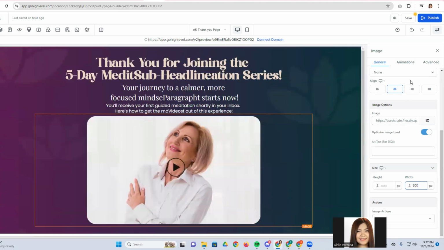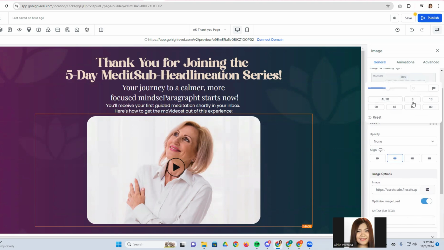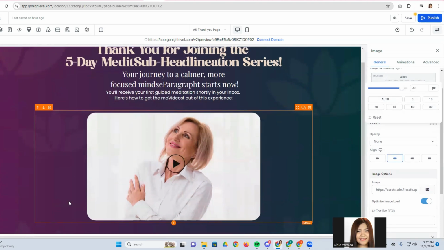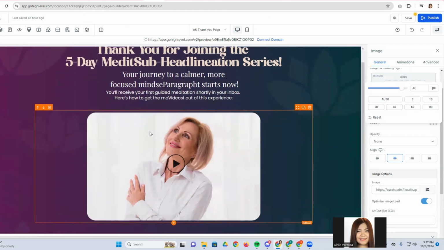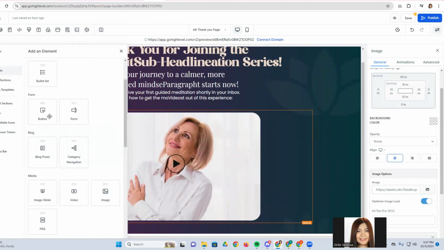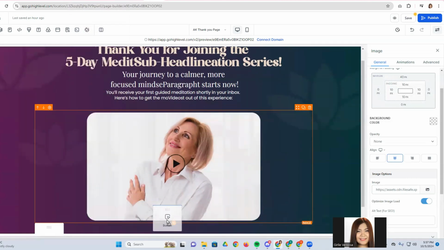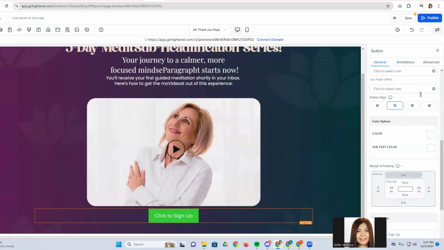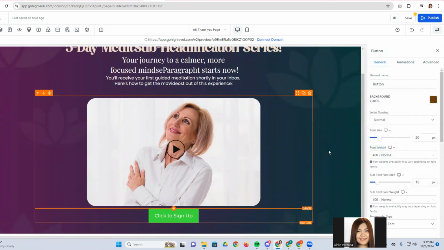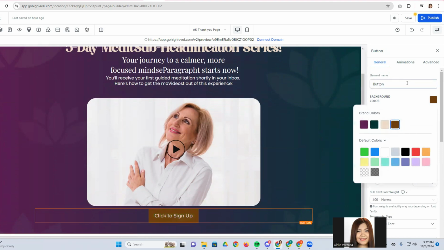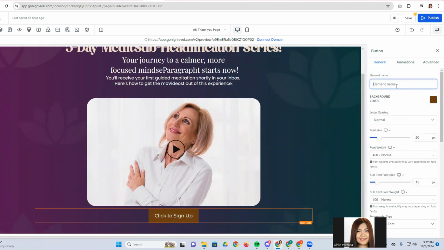Okay, there's that, and I'm just gonna add a there. So let's say that's a video. And then what else is here? I think the button. There's a new button that I created, but this button leads to a free community. So I'm just gonna use brown, and then why is it not changing? Okay, you have to double click. Okay, and then